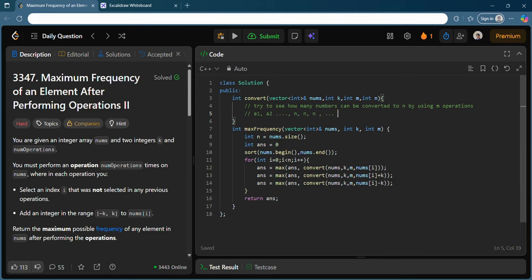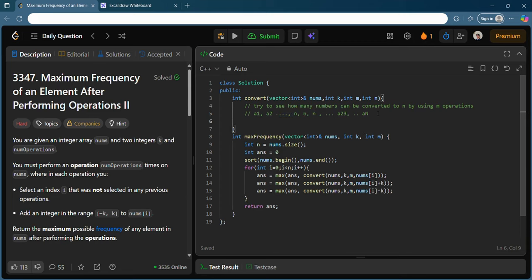And let's say you have more numbers, like a23 or something like that, all the way till a capital N. Now I want to see how many numbers can be converted into n. The existing numbers which are n don't need anything. I do not need to use any operation m to convert the numbers which are already there.